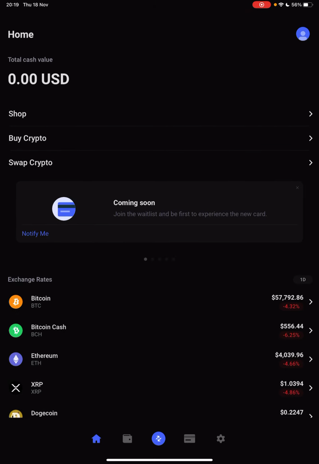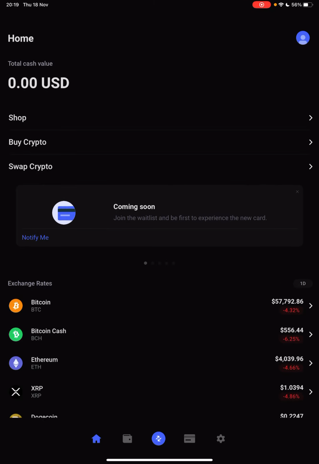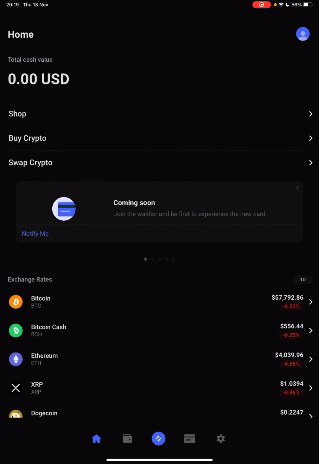So let's jump into it. First, open your BitPay app, and then you have two ways to apply for the new BitPay card. First one is on the home page. If it appears for you, the coming soon, join the new waitlist and be first to experience the new BitPay